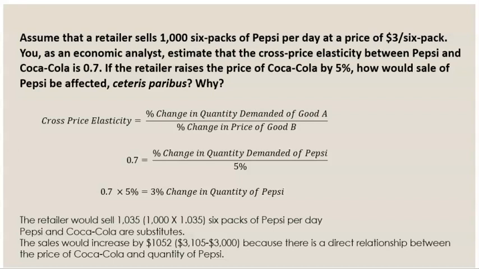The sales would increase by $105, the difference between $3,105 and $3,000, because there's a direct relationship between the price of Coca-Cola and the quantity of Pepsi. So what you're looking at is that they are substitute goods. And so that is why the sales of Pepsi would be affected, because they're substitutes. If something rises too much, then they'll go and buy the other one,